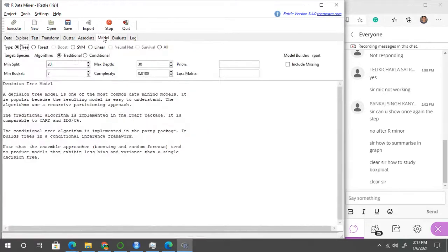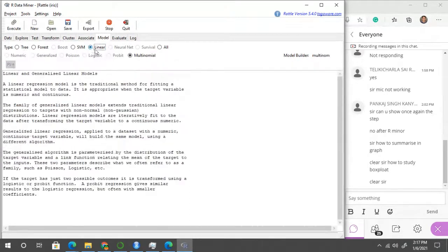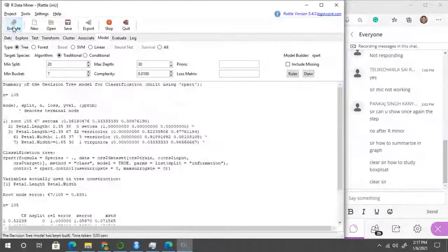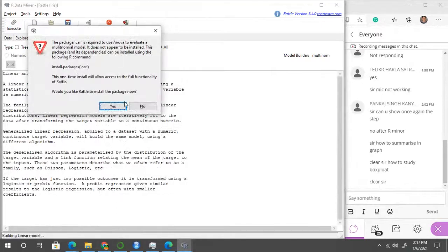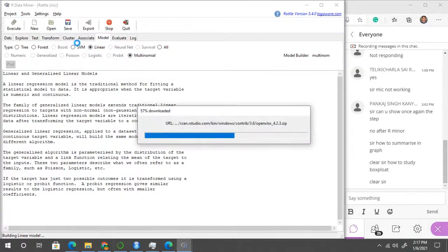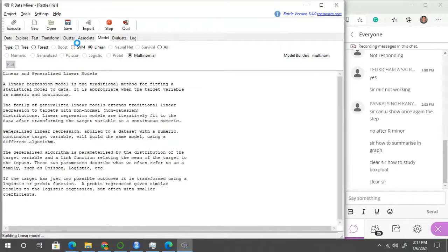Now you have to use the model. Which model are you going to use for the prediction? I am going to use a linear model, or you can use the tree model also. Let's suppose that I am using the tree model because it executes easily. If you use the linear model, it will take some time to execute, because of the calculation part. It will take some time for the execution of all the variables.